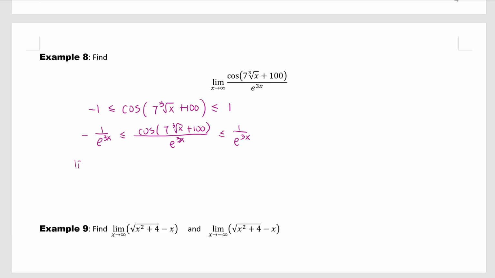Okay, now we're ready. Limit x goes to infinity. Okay, so we have constants over something goes to infinity. Well, that is 0. And on the other side, we have constants over something goes to infinity is also 0. That's why we say by squeeze theorem, the middle guy